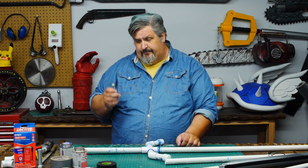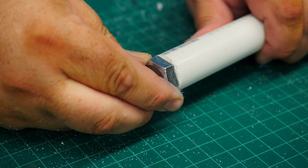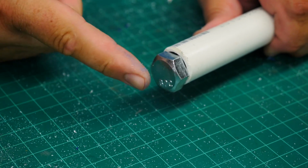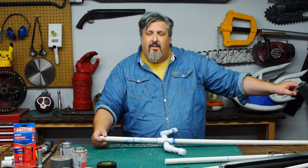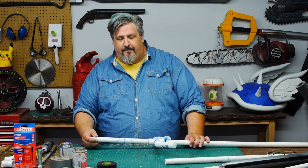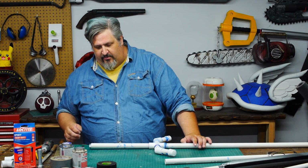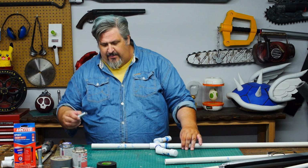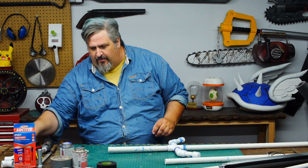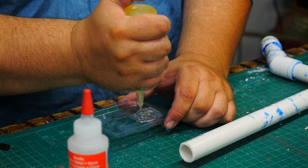I'm going to take a bolt. Because the bolt is bigger than the inside diameter of the pipe, it's impossible for it to launch itself out the other end, which could be hazardous. Very hazardous. Windows, cars, friends, people you don't like that you're actually playing with anyway. It'd be bad. So what I'm going to do, I got some 2-part epoxy, and we try to put approximately